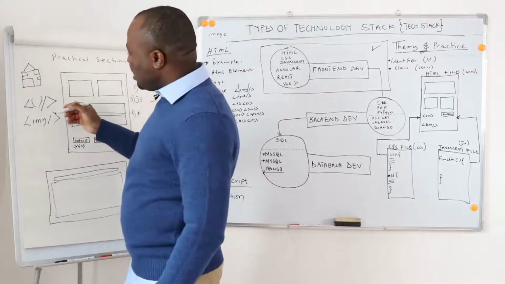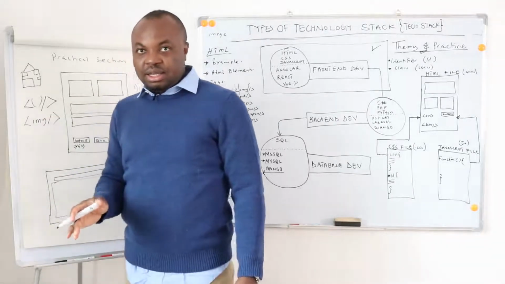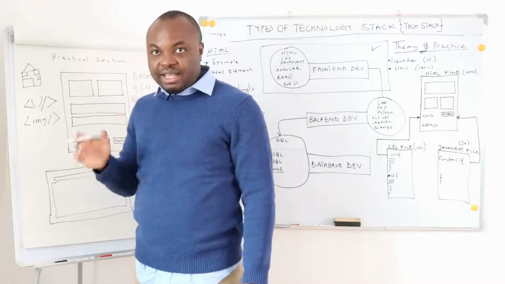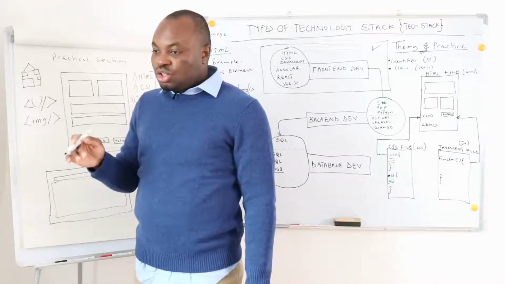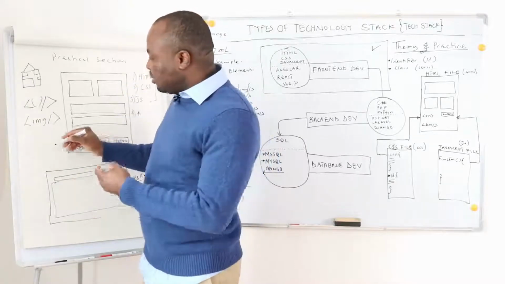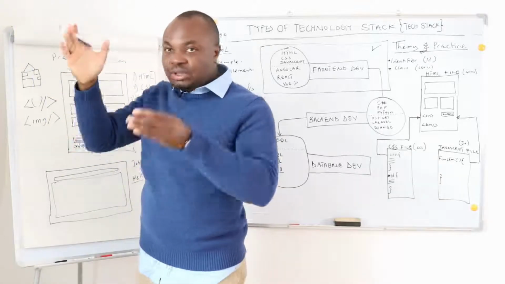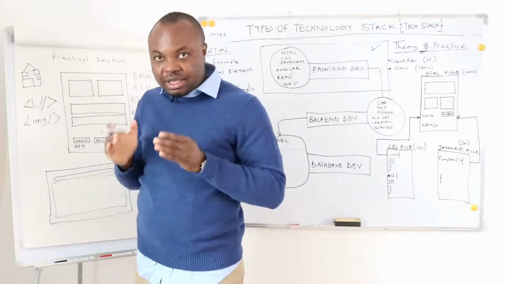So how then do I use this information to display my image data? Your image data will be somewhere in a file. So what you need to do is to get the location of that file. It could be within your application, or it could be within another server. But what you do is to get the location of that image file.